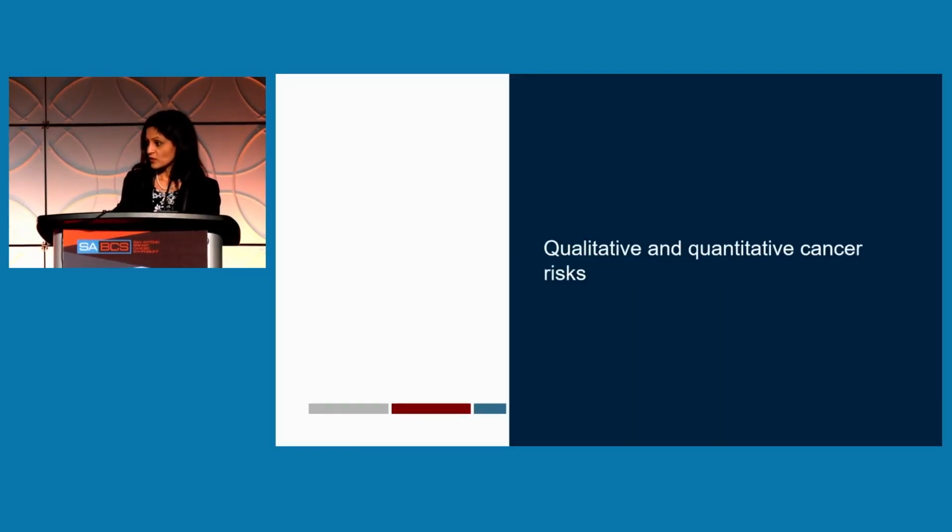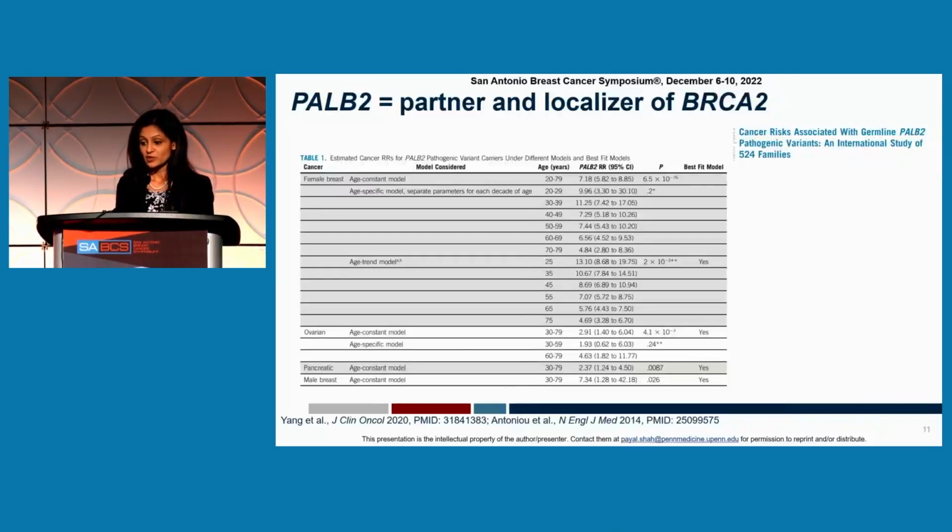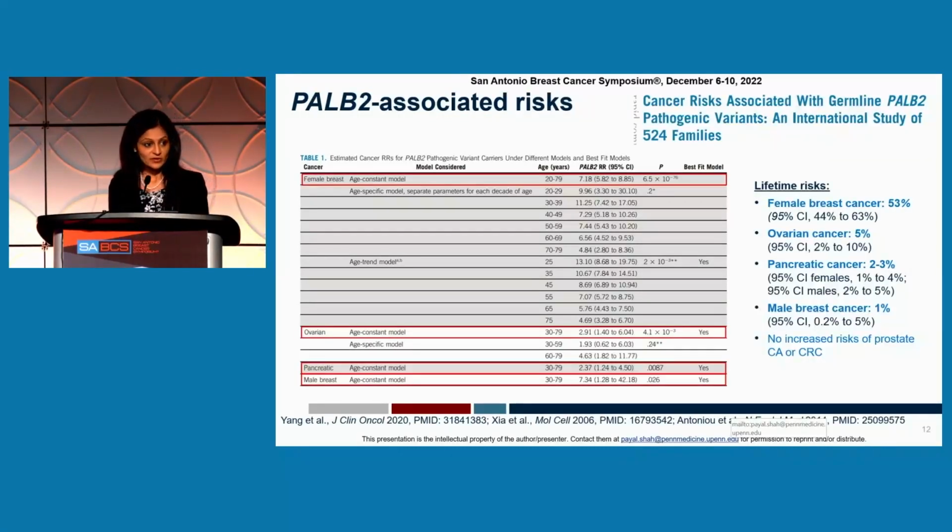Moving on to qualitative and quantitative cancer risks, I'll begin with PALB2, which, as I mentioned before, is actually a high-risk breast cancer gene, kind of the closest thing that we have to BRCA3. In 2020, the PALB2 interest group updated their cancer risk estimates, including breast and ovary cancer age-specific risk estimates. And to do this, they studied 524 families, almost 1,000 individuals from 21 countries. And they found the following lifetime risks. The lifetime risk of female breast cancer was 53%, ovarian cancer 5%, pancreatic cancer 2 to 3%, male breast cancer